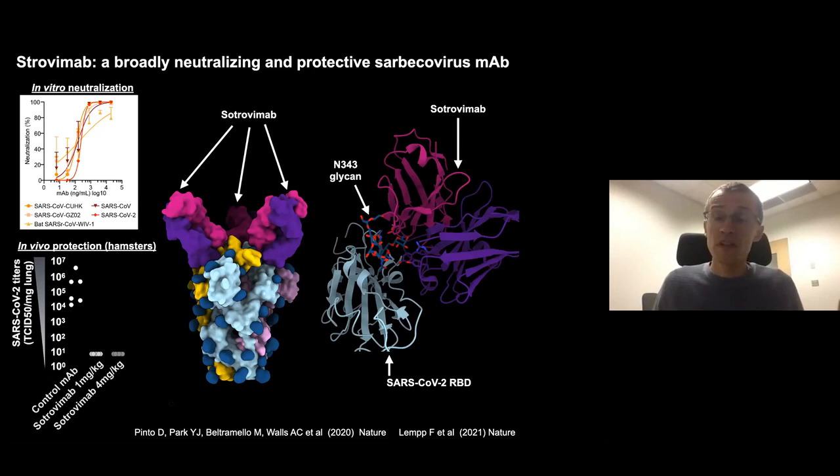And if we zoom in at the interface, there is a highly conserved glycan at position N343, which is actually an integral part of the epitope. And as you can see on the right-hand side, the core fucose is sandwiched at the interface between the heavy and light chains, and about 25% of the surface buried upon binding of the antibody is actually accounted for by the glycan. This glycan is highly conserved, and its removal is actually negatively affecting folding.